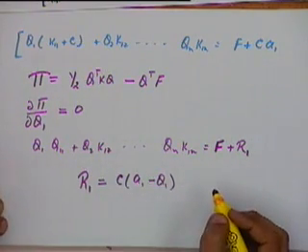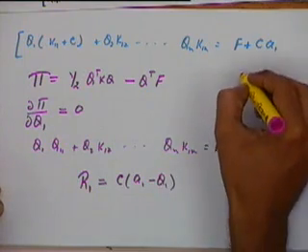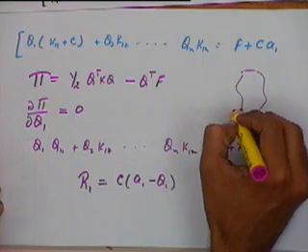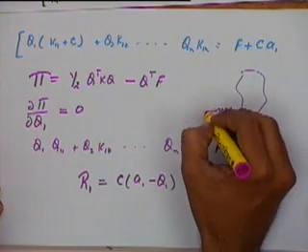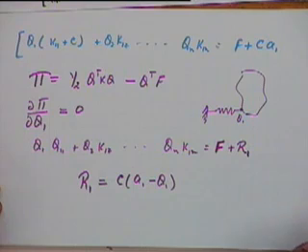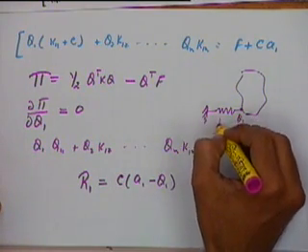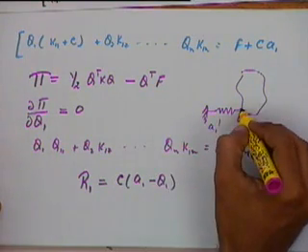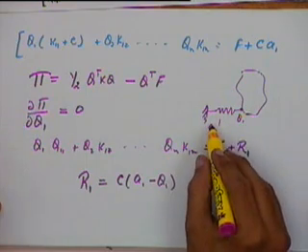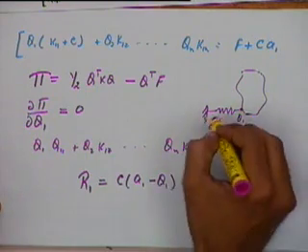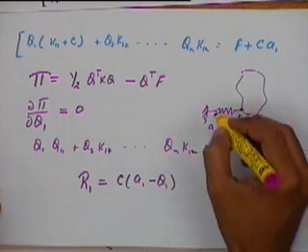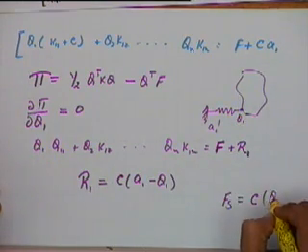Okay, C times A1 minus Q1. If you remember our formulation, at this node Q1 we had added a spring like this, and we said that this end will be given a deflection of A1. As a result, this spring will have a deflection of Q1 minus A1. So the force in the spring will be equal to C, which is the stiffness of the spring, multiplied by Q1 minus A1.